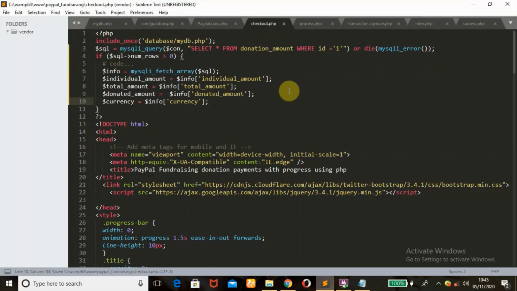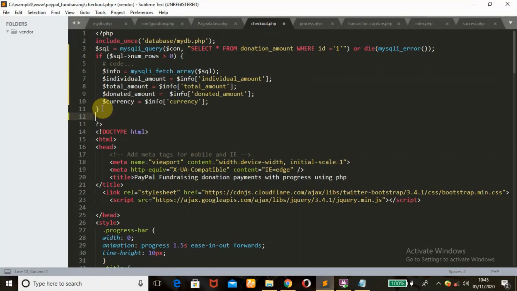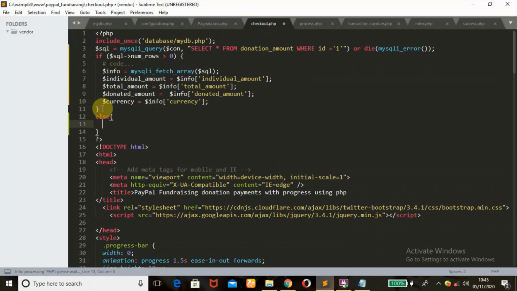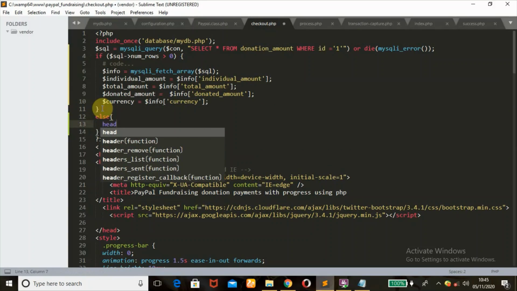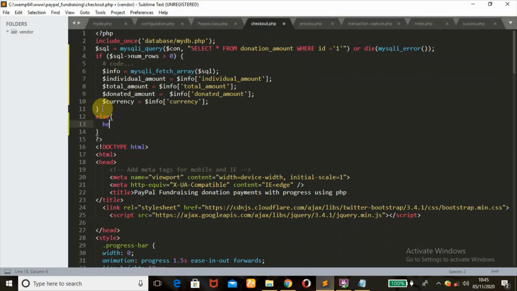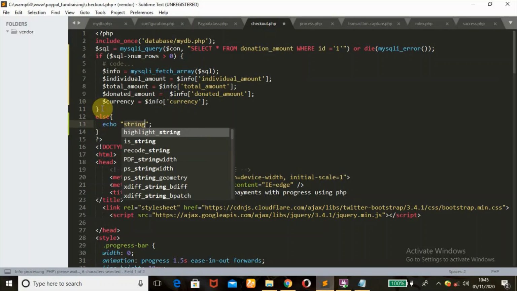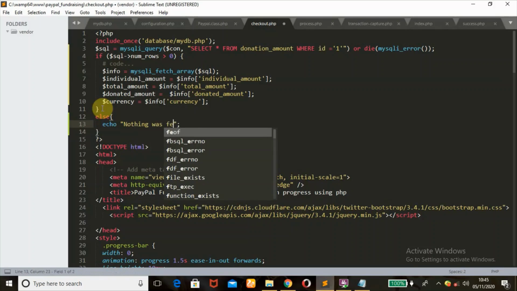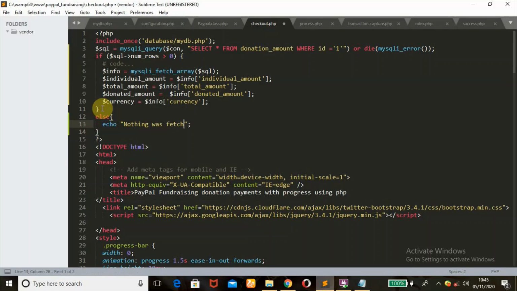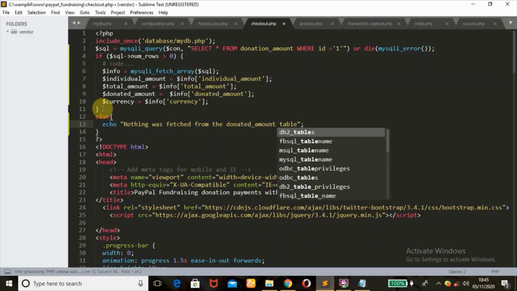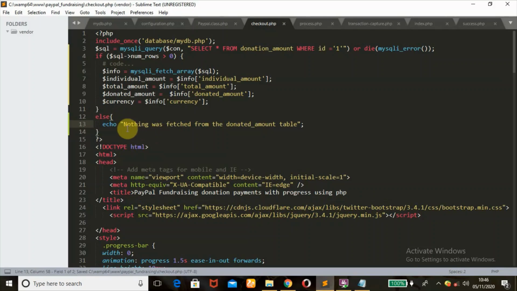All right. So if that condition is true, else maybe I will redirect the user, else just echo, maybe echo, nothing was fetched from the donation_amount table. Okay, else echo this, right? So